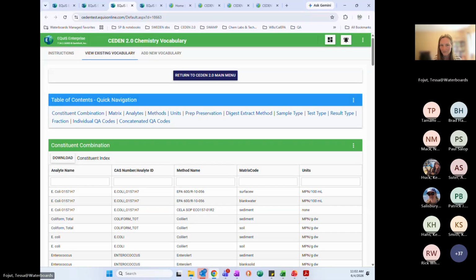In the chat, Sarah asked, is it correct that only the chemistry module is transitioning over right now? Yes. So right now, only chemistry, and then it's going to take us a couple years, probably 2 to 3 years, to transition the rest of them. So it'll be a process over the next few years. And Jenny asked, when will the new lookup list be released? We're aiming for at least a month prior to going live, but earlier if we can get them ready by then.